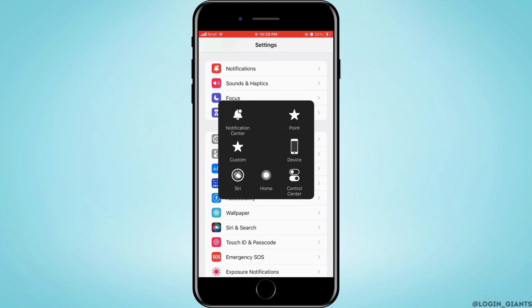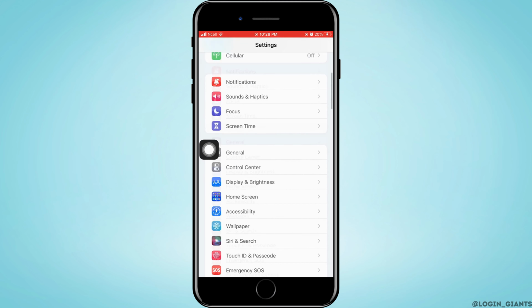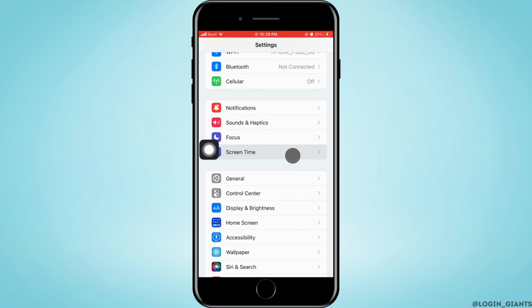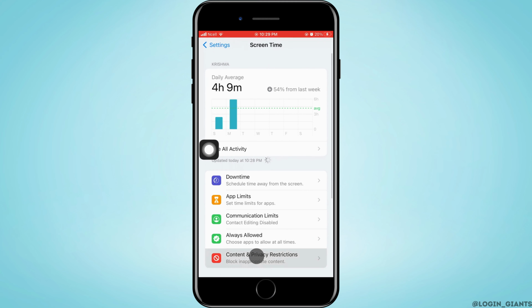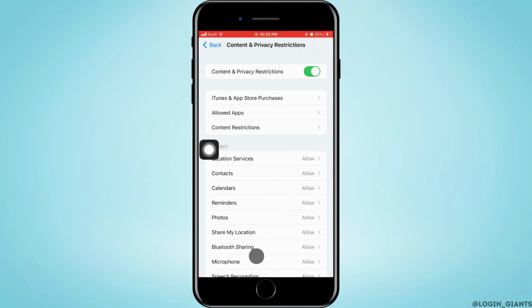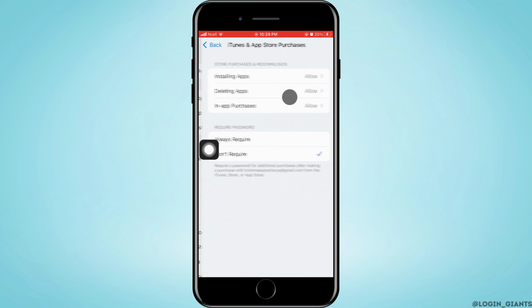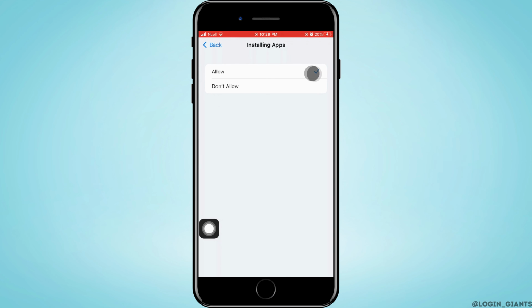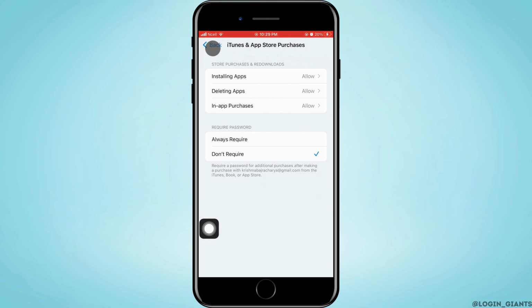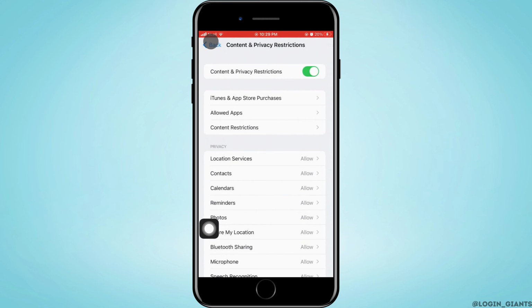Go back to the home page of Settings again, and then what you want to do is tap on Screen Time. Then you want to tap on Content and Privacy Restrictions. Tap on iTunes and App Store purchases. You have to make sure that all of these are allowed. Installing apps should be put to allowed. Then you want to go back, and deleting apps should be put to allowed,